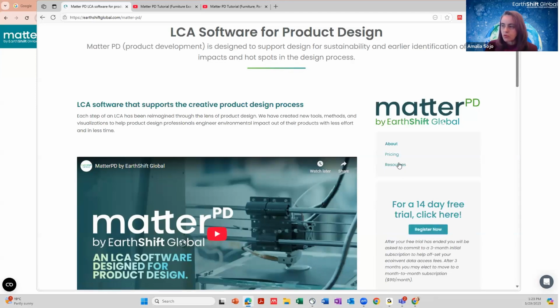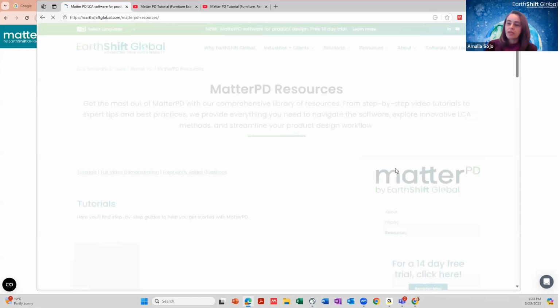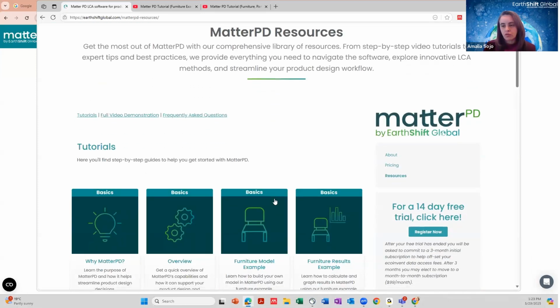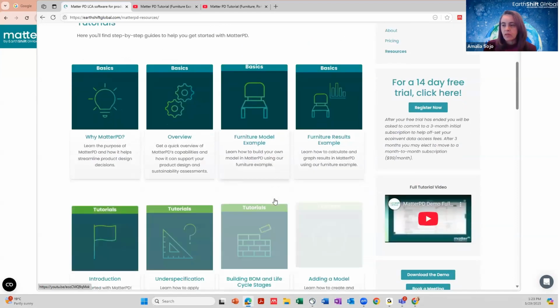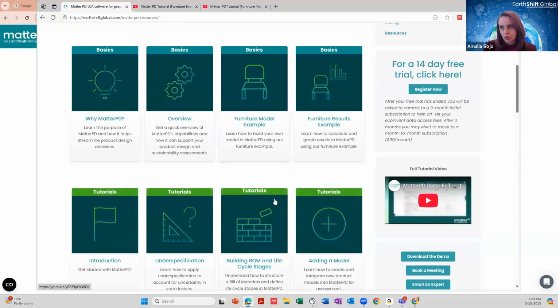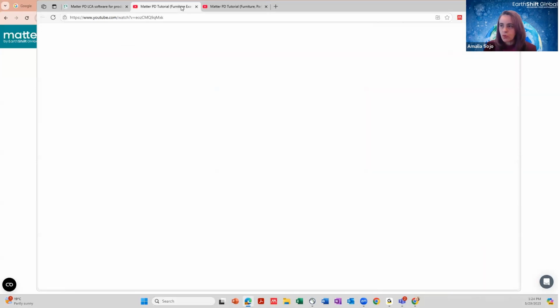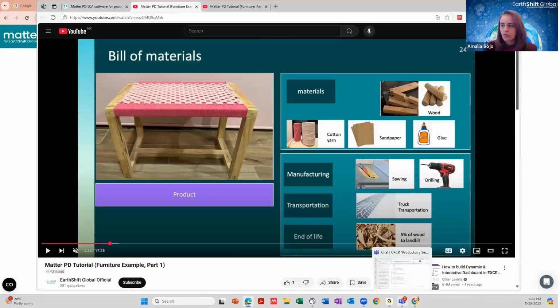And if you go to resources, you will find several sets of demos, like from the basics and several tutorials. If you go to basics, we have a furniture example. I'm just going to show you a snapshot of this.